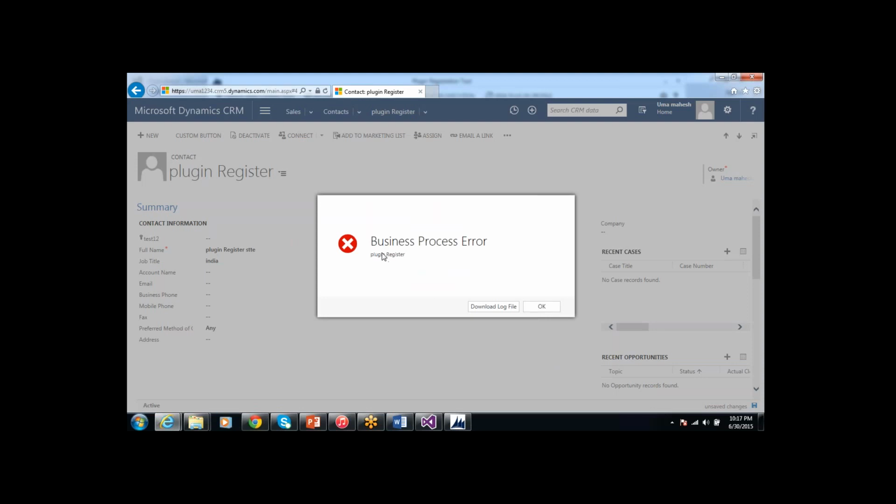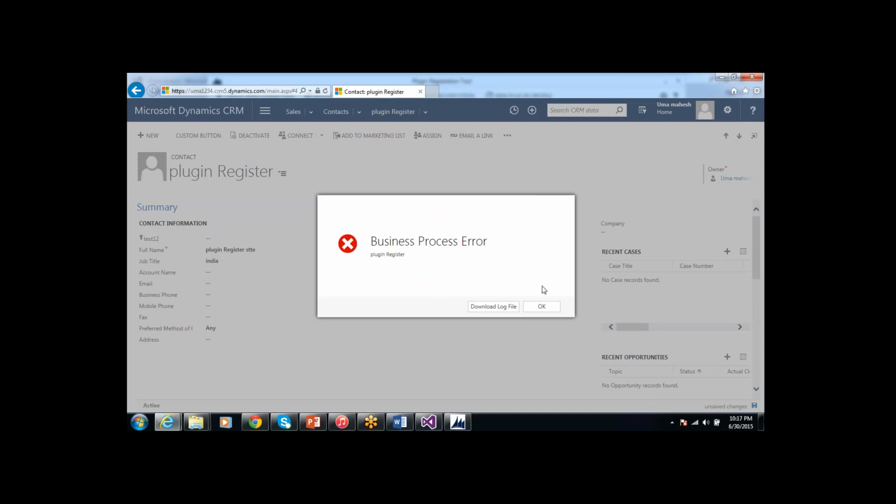If you have multiple records with the same condition, you will get multiple first names. You understood, right?